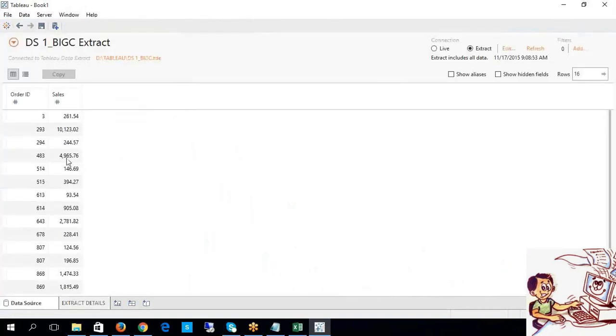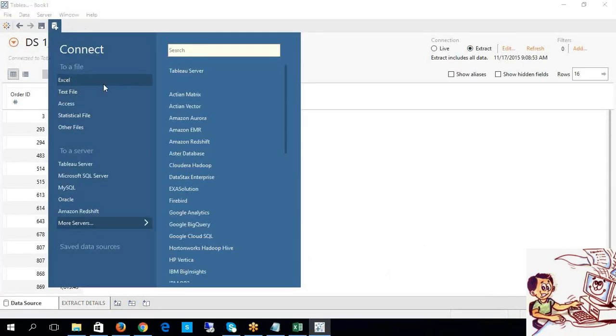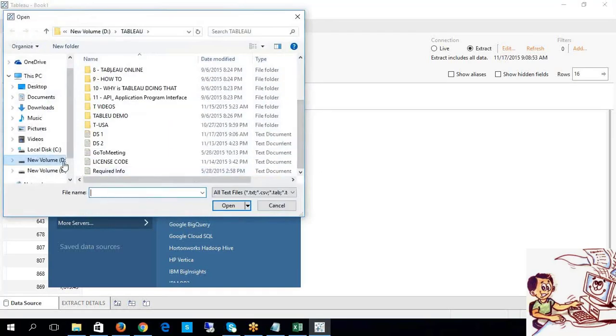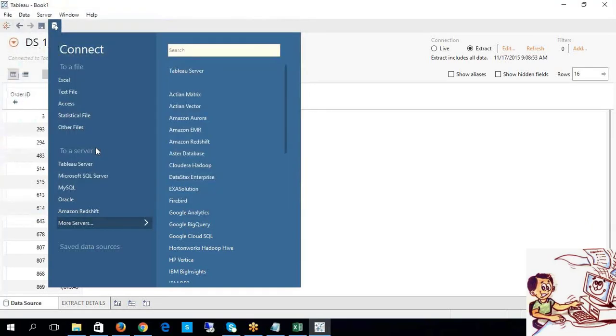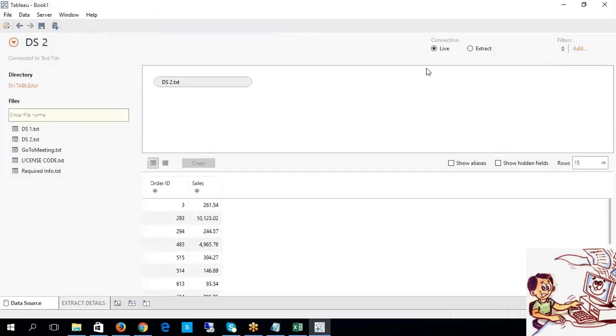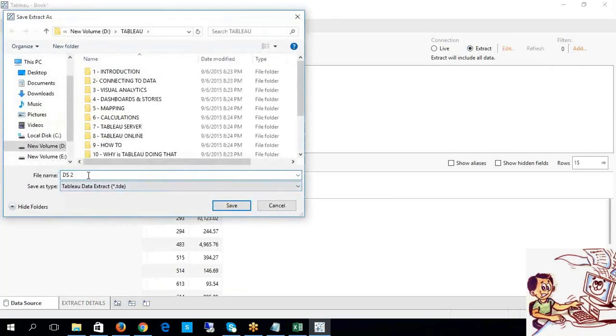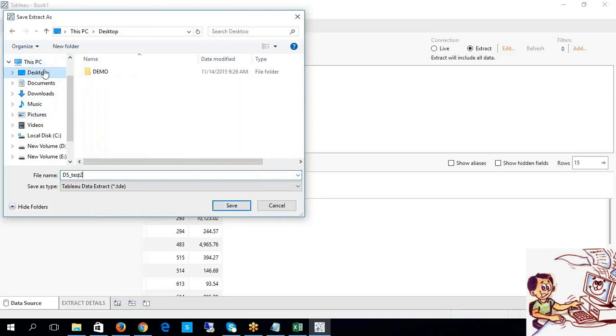Let me add one more data source. Let's say I'm choosing DS2, data source 2. I'm choosing extract and going to a new worksheet. If I add it with a new worksheet, a TDE file is going to be generated on my desktop.